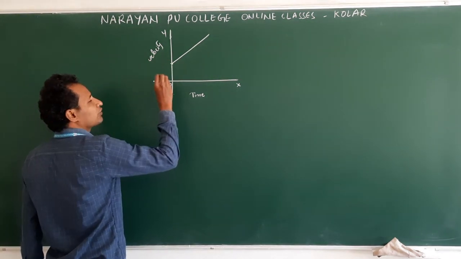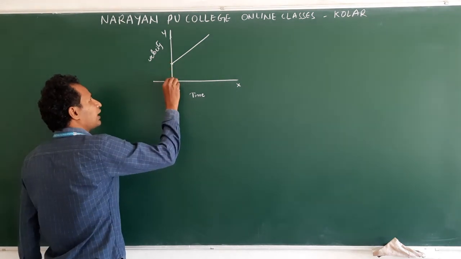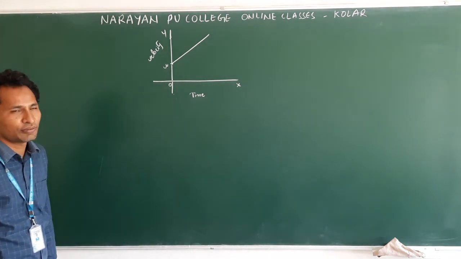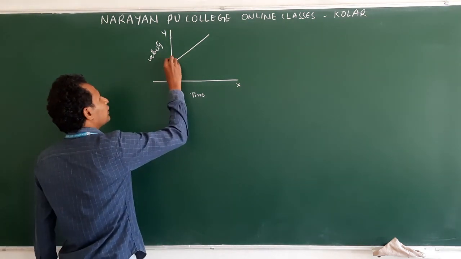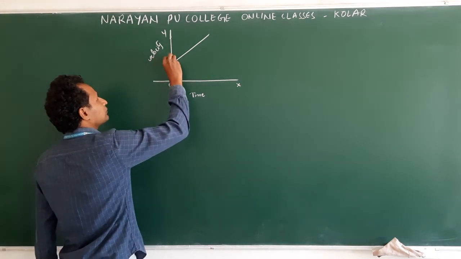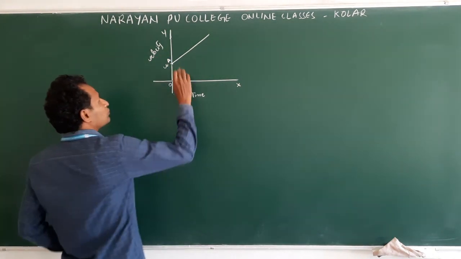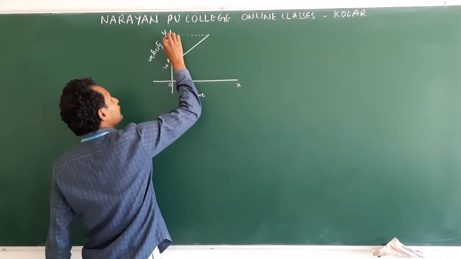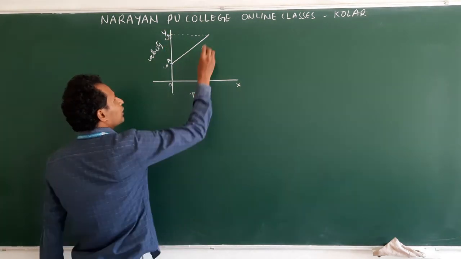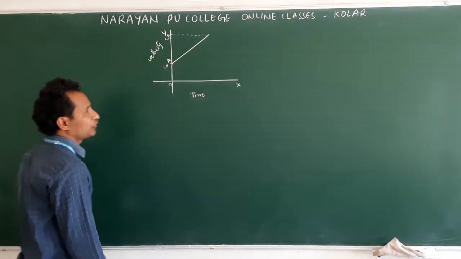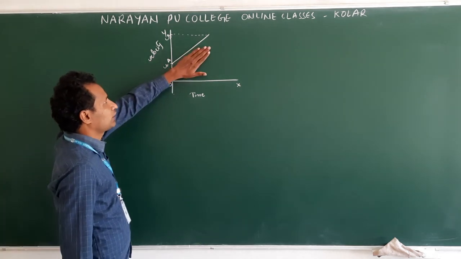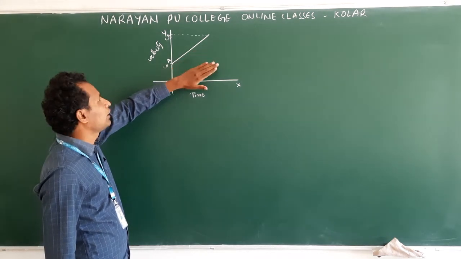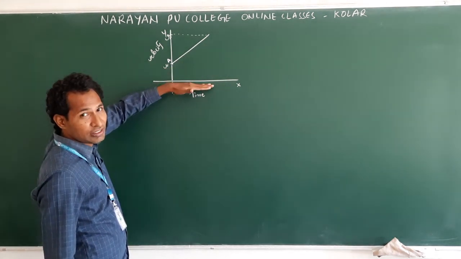So this is origin O. On the y-axis we have a certain value, which we will take as U, the initial velocity. And this point I am taking as A. Clear? Now the end of this line represents the final velocity. This is V. So this is the graph. It represents a body moving with constant acceleration. And the area under this line gives the displacement.